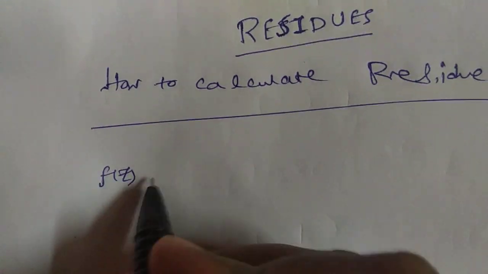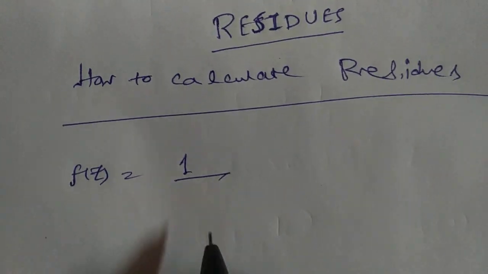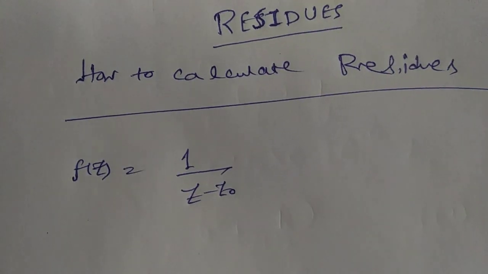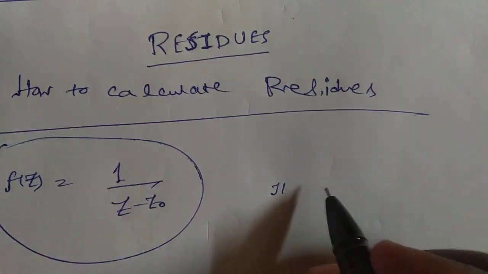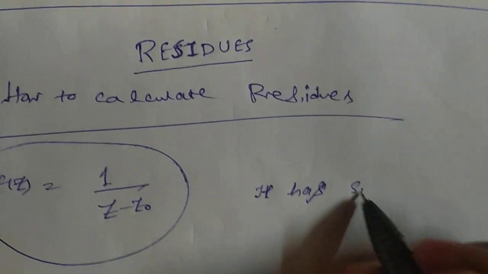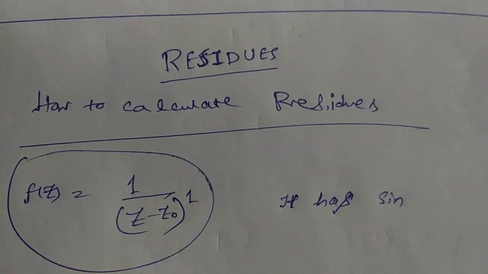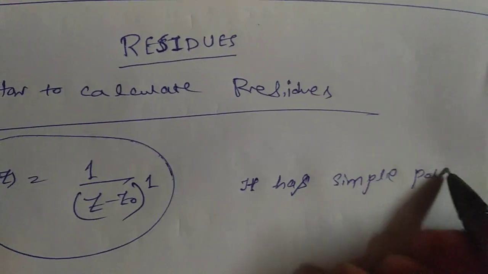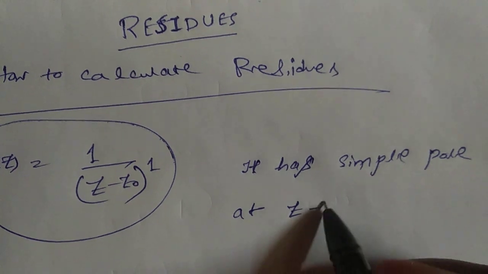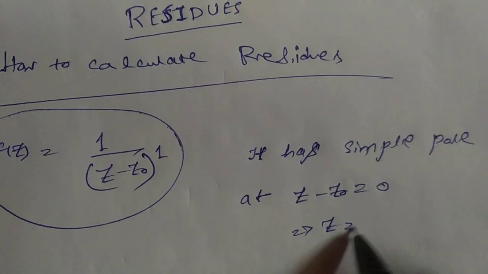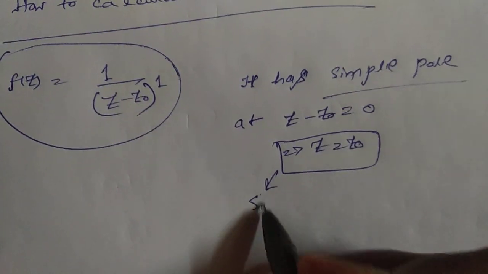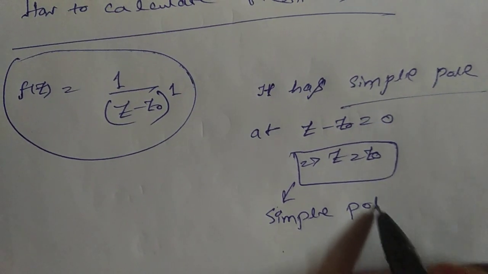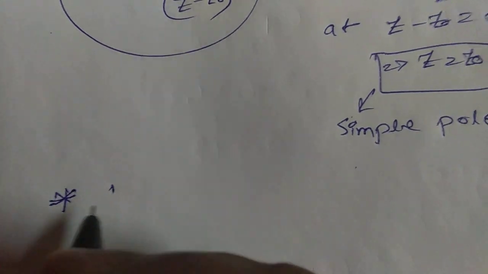Suppose f(z) is a function and it has a simple pole of order 1. It has a simple pole at z minus z0 equals 0, that is, at z equals z0. Now what will be the residue? Then the formula for the residue will be